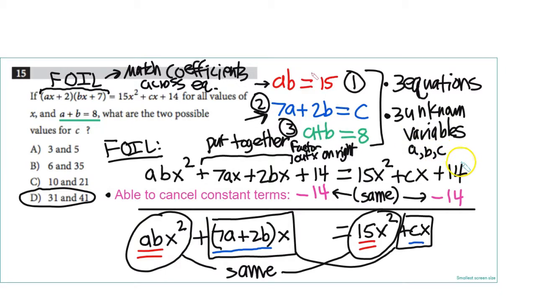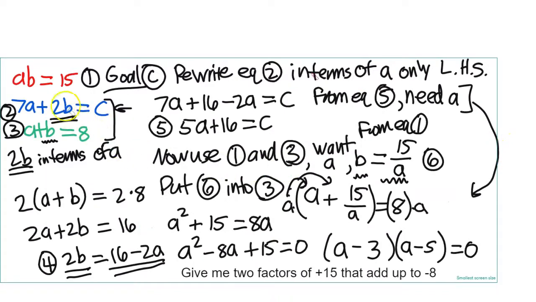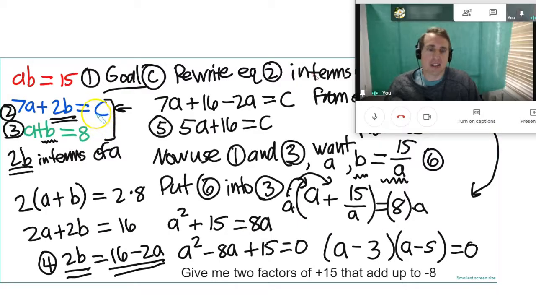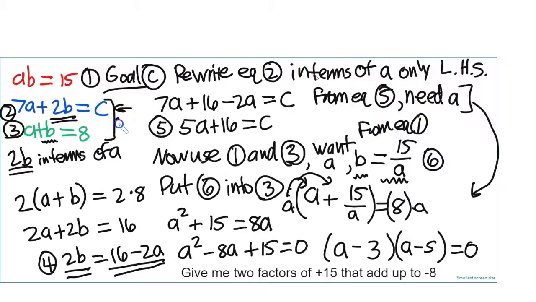Do you agree with that? Yes. So that can be solved because we have enough equations for as many unknowns as we have. So we wrote them down. The goal is C, letter C. Now, in order to find letter C, there's a couple ways to do this, but the one way I thought of is if you combine equations 2 and 3, you can get